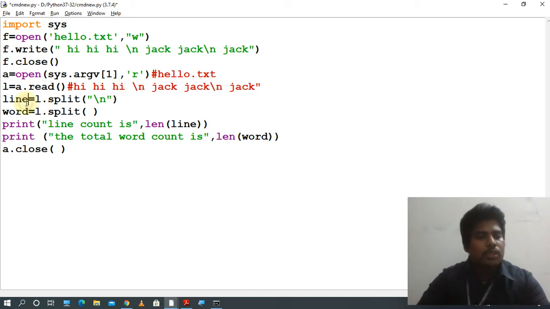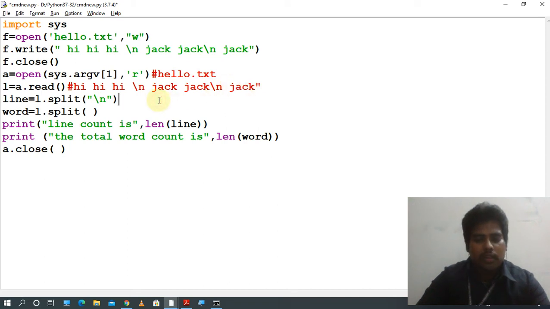So for line, I am splitting here: line equal to, there is a method called split in the string. L dot split of slash n. So this is one line, this is another line, this is another line, 3 lines.